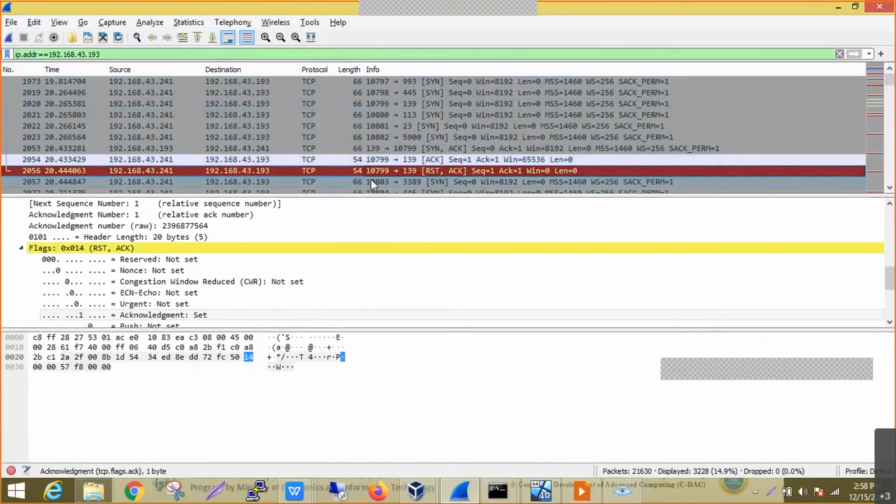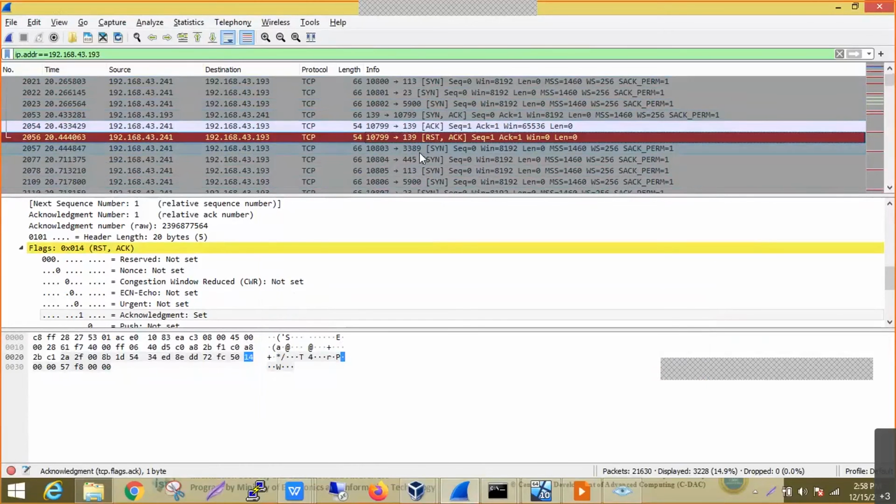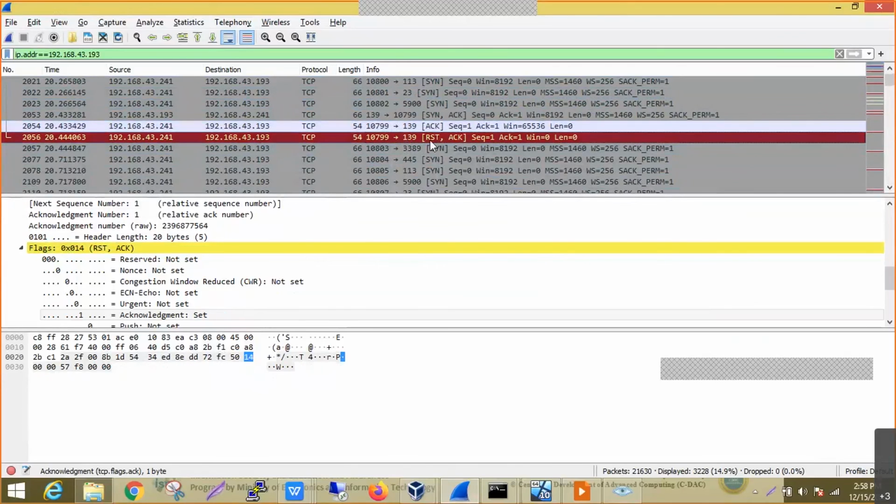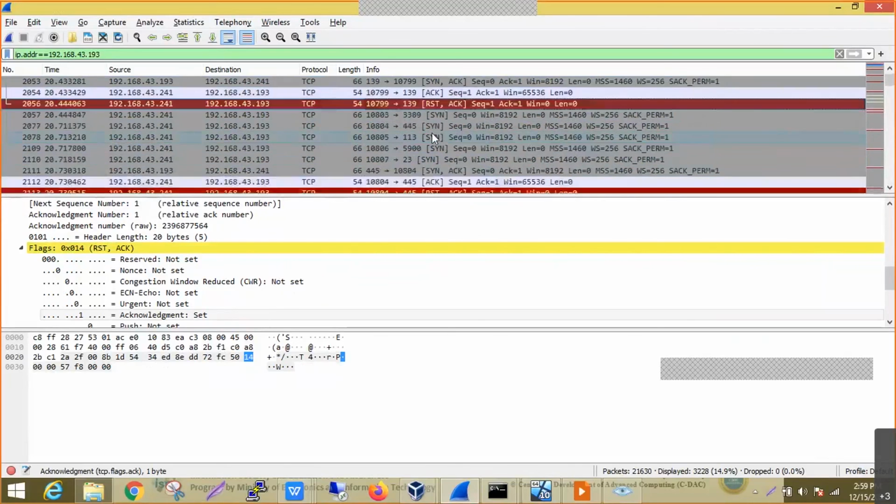But our goal is only to find out whether this port is open or not, not to send any data like in normal TCP communication, where the push and acknowledgement or the data is sent between the two systems. Our goal is only to understand whether that particular port is open or not. So in this case, my job is only to know that, okay, let's say port number 139 is open. So what I will do is simply send a reset packet, abruptly closing the connection, because my intention is not to establish the connection and send data, only to find out whether that particular port is open or not. So in this case, the job is done. So I have sent the reset packet.